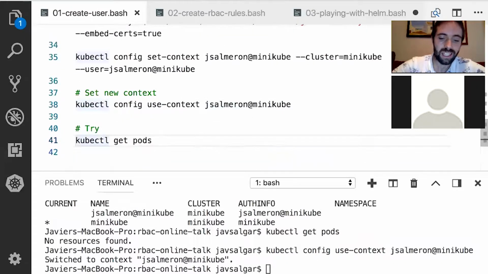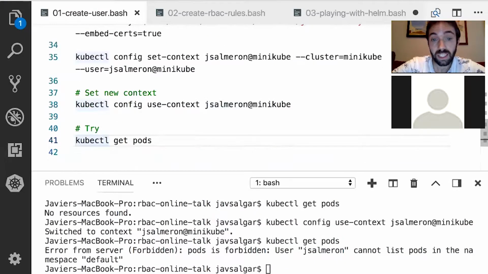Now, if I execute kubectl get pods, I get that dreaded message that everyone was suffering when RBAC came. It says pods is forbidden. User Salmeron cannot list pods in the namespace default, which actually makes a lot of sense, because what have I done up until now?